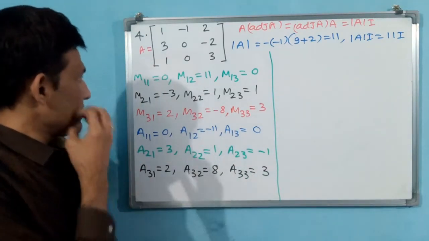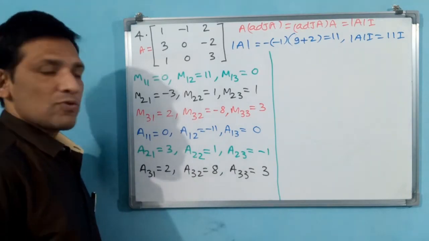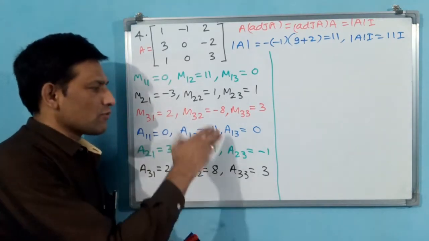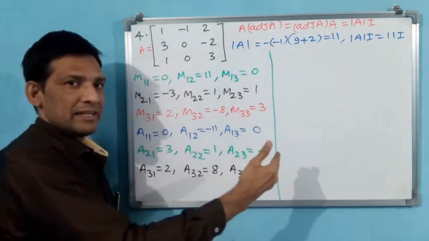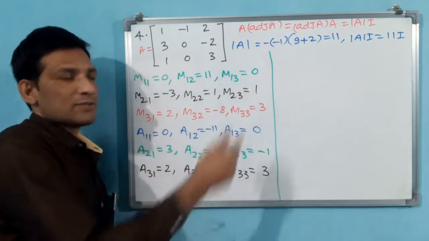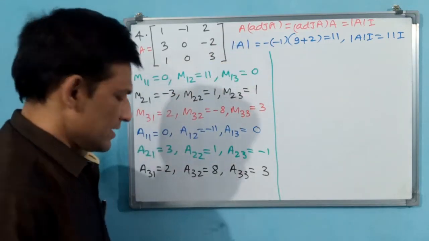Okay, now cofactors we have written. What we have to do, you have to write transposed cofactors. See, now like a row or horizontal, you write vertical like a column. This if you write, that is going to become adjoint. Why? Because adjoint we want. Okay, let us find adjoint.